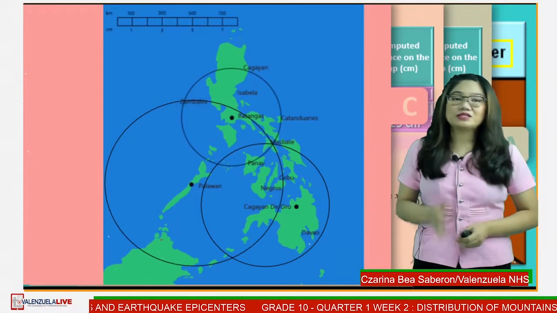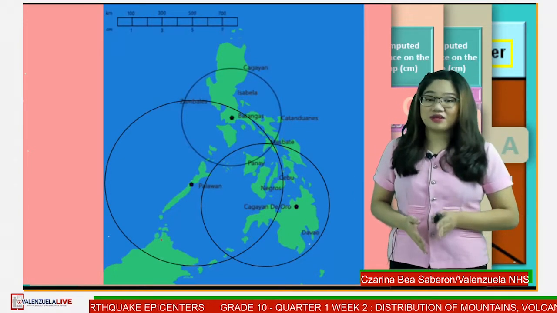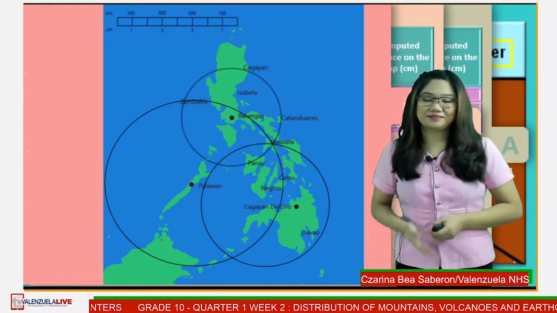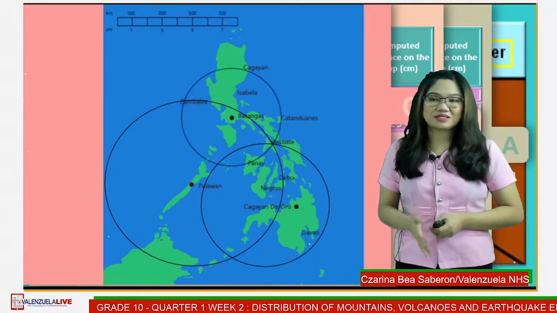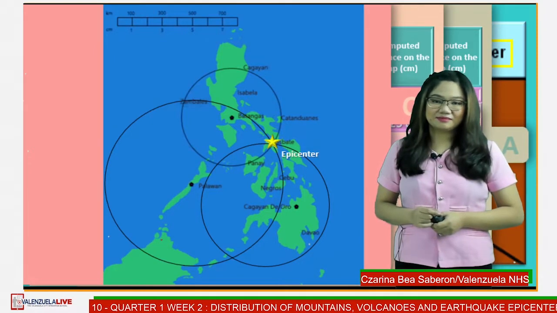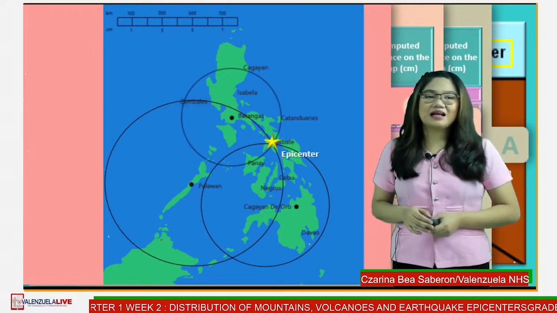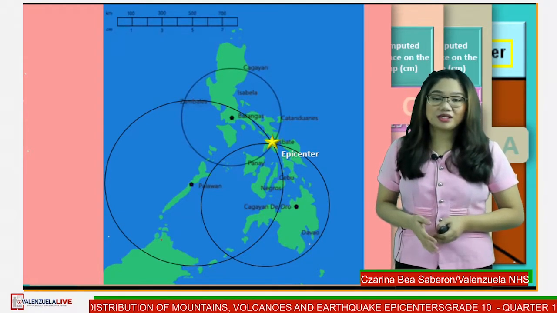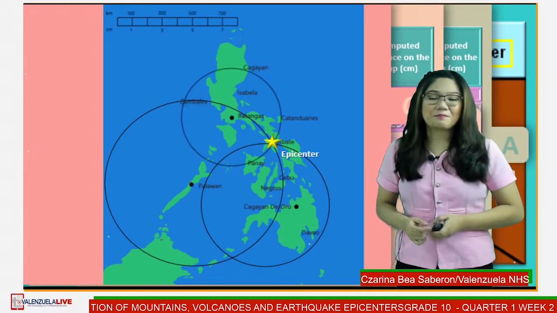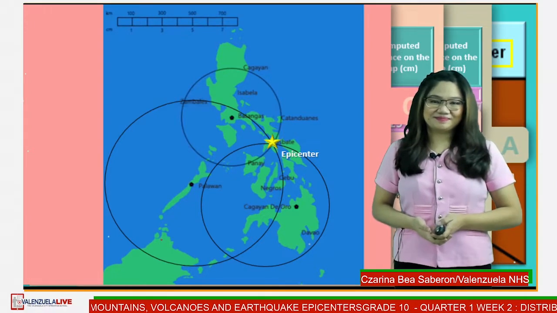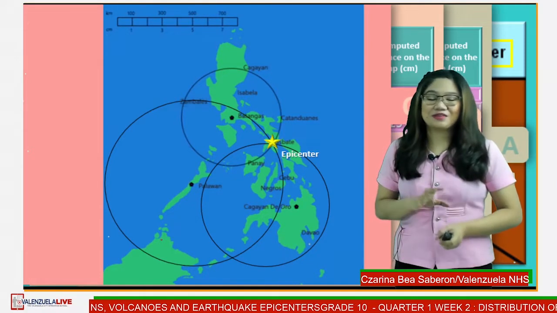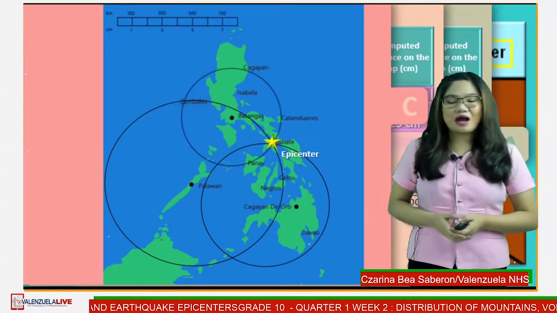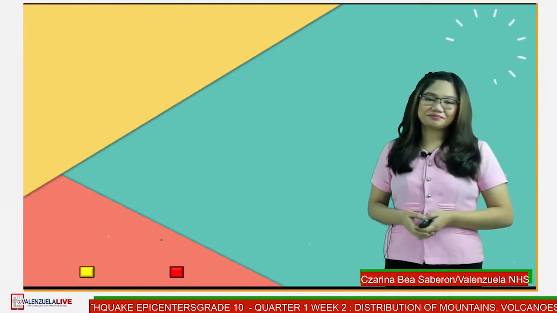Okay, so once we do that, after drawing the 3 circles, observe where these circles intersect. Where do you think the epicenter is? And there, finally, this intersection is the location of the epicenter, which is, in this case, at around Masbate. All right, that was just a really cool and fun method, right? So now, moving forward,